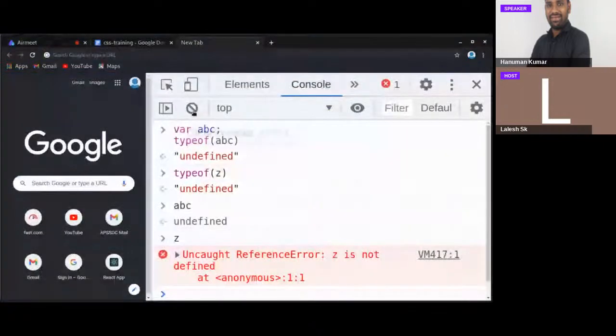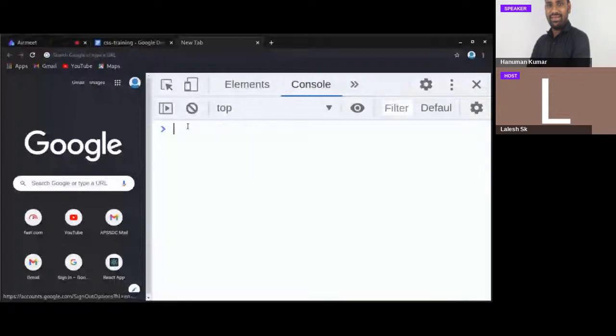Just observe the coding part again. I am going to use var sample. If you observe this, we just declared it, we didn't initialize any kind of value to it. Alright, so I am going to execute the variable now. If you want to execute the variable, we have to use the variable name. I just used sample, that's it. If you observe this, we are able to get undefined as the result. Similarly, I am going to use